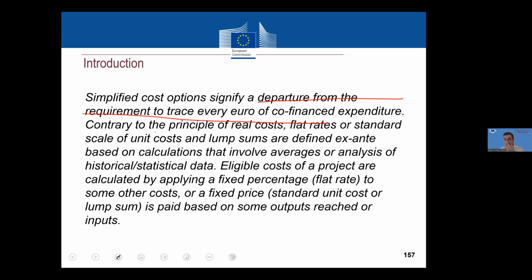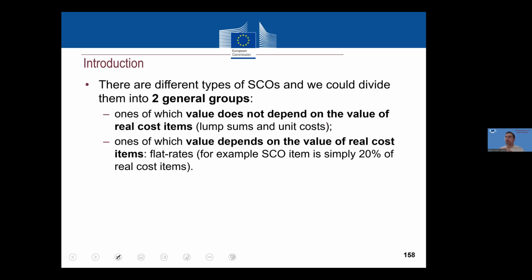You know that there are different types of simplified cost options. In fact, we can group them in two completely different groups. Well, completely different for the sake of the sampling methodologies. One corresponds to standard cost options whose value does not depend on the value of real cost items. So here we have basically the lump sums and unit costs. And then you have all the other ones whose value depends on the value of some real cost items. And here we have the flat rates. For instance, a standard cost option item is simply 20% of the value of some real cost